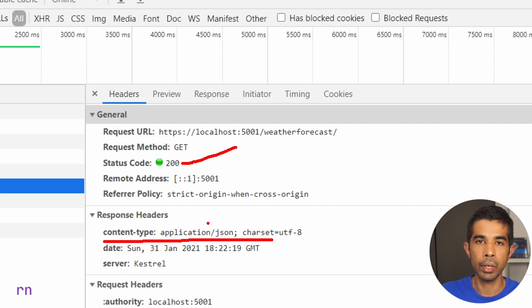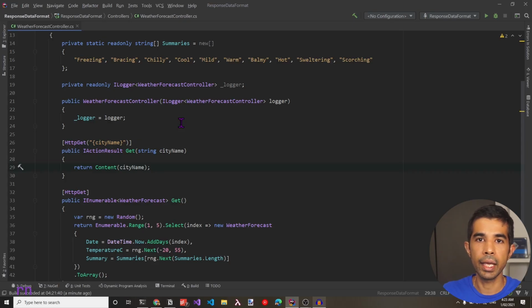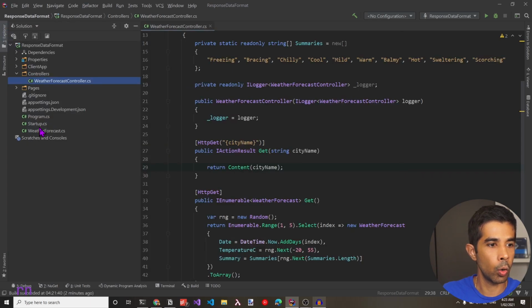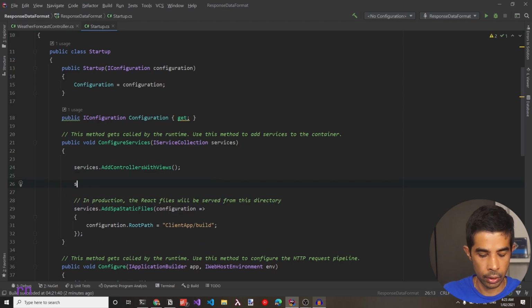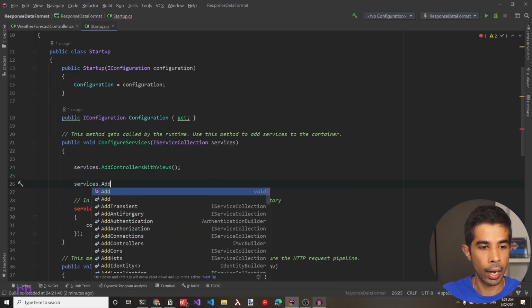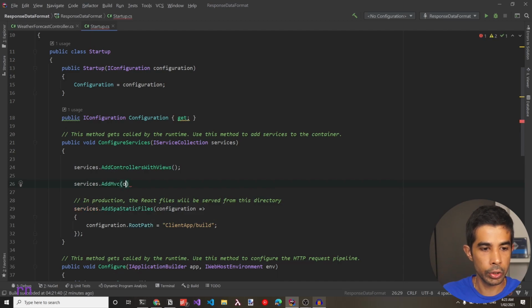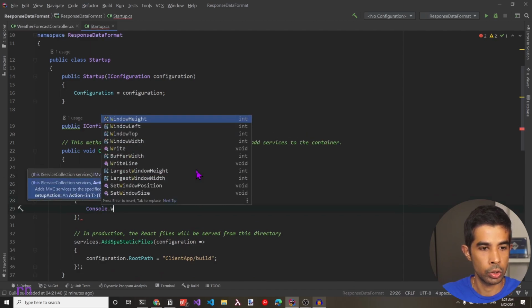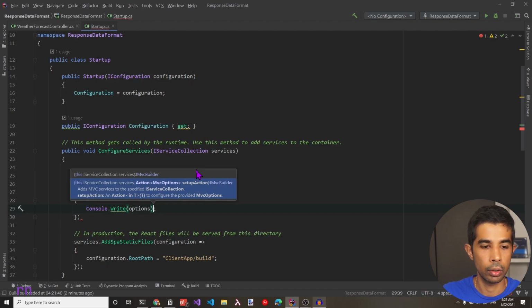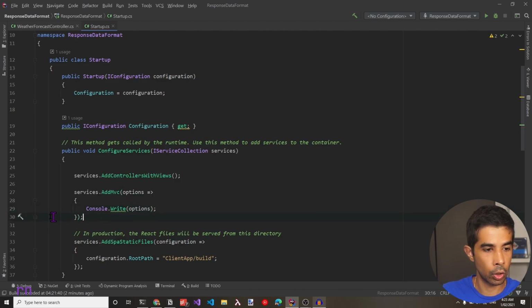So how does this happen with ASP.NET Core? This is getting set in the MVC options, which can be set from the startup.cs class. So let's navigate to the Explorer and open the startup.cs class and add a method so that we can see this in action. If you look at services and add the AddMVC method, it's going to take in an options as the parameter. So let's make this, and for now simply write it to the console. Let's say Console.Write and write out the options parameter. Let's make sure to close this. Let's put a breakpoint here to understand this better.